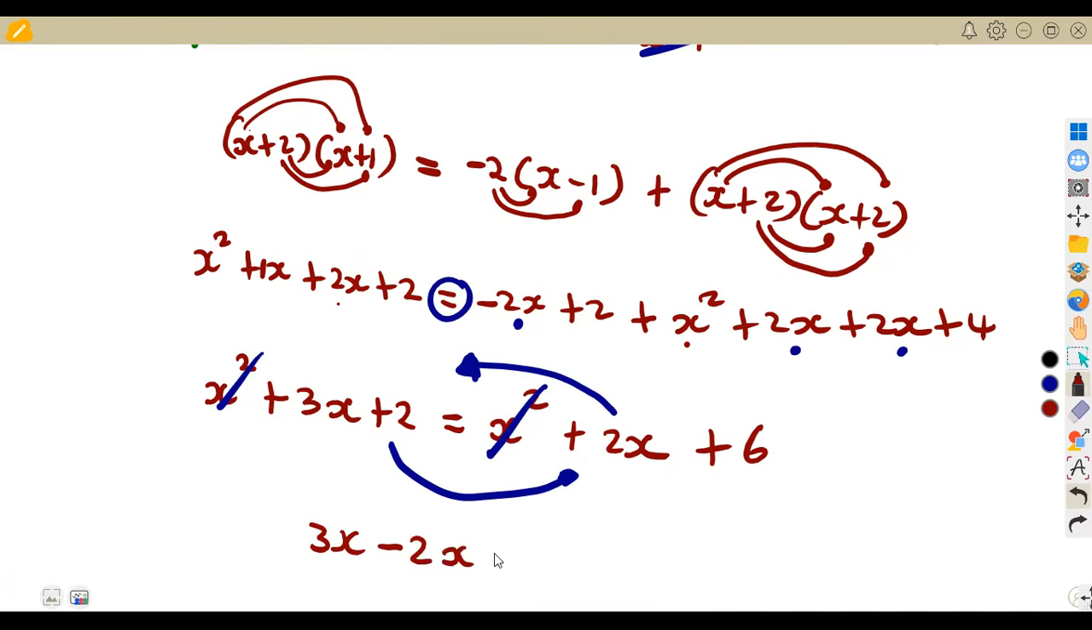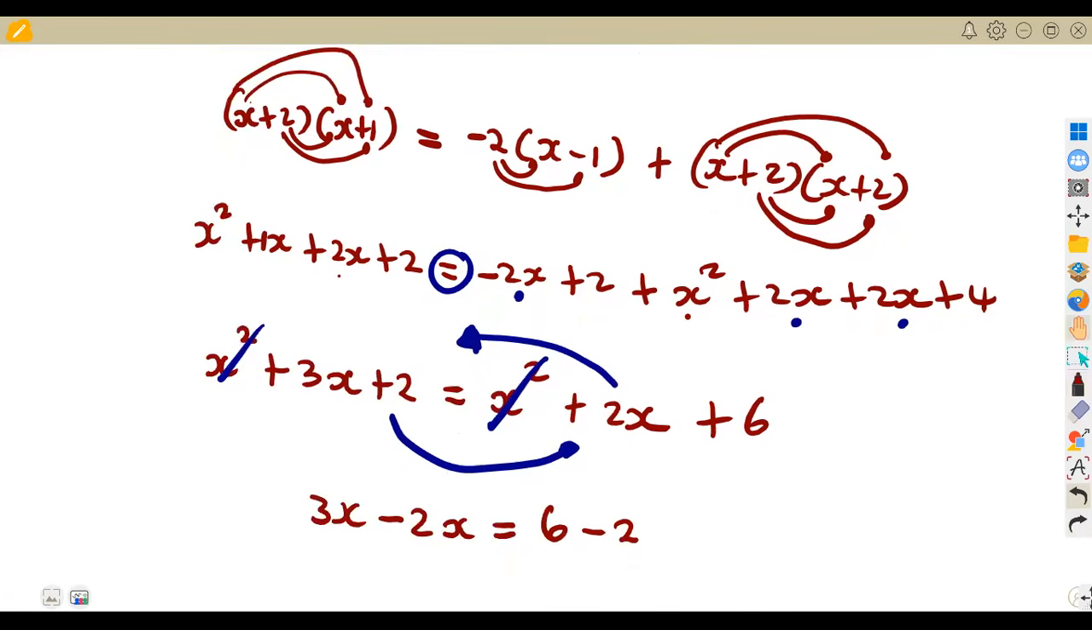So that is minus 2x is equal to, transpose 2 to the other side, it becomes a negative. So it's 6 minus 2 like that, okay? So let us simplify and see. 3x minus 2x, this is x is equal to 6 minus 2, which is going to give us what? Which is going to give us a 4. All right, so that is the value of x that we are going to have